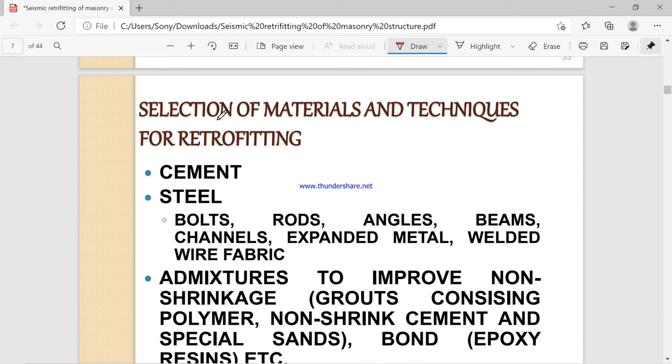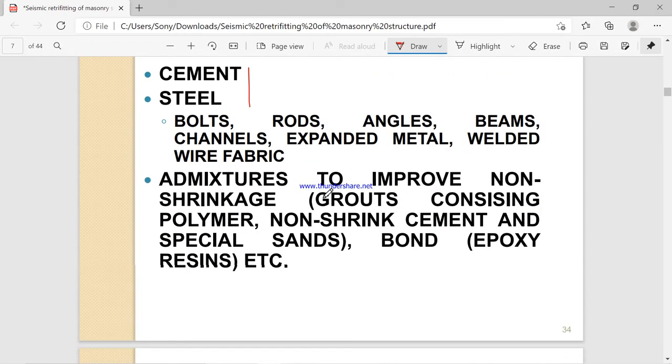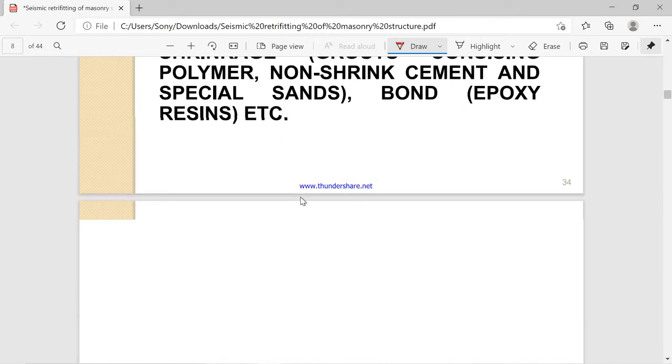If you are using bad quality cement or steel, then the band does not perform effectively during an earthquake. So this selection is very important. Admixtures to improve non-shrinkage grout, considering polymers, non-shrinkage cement and special sand bonds, can also be provided or applied.